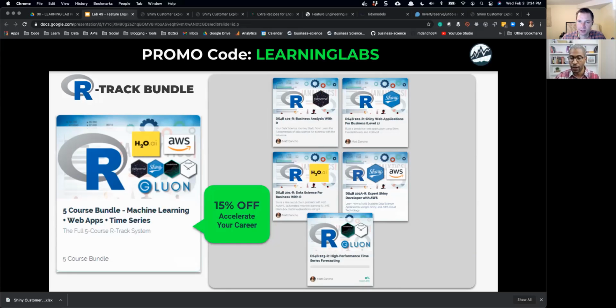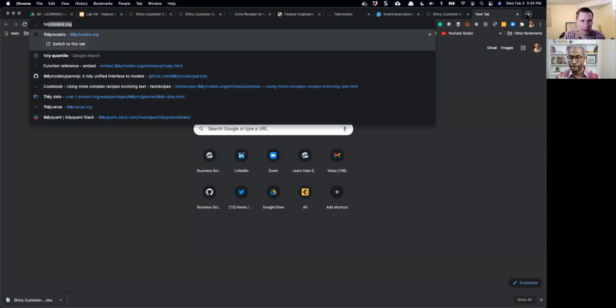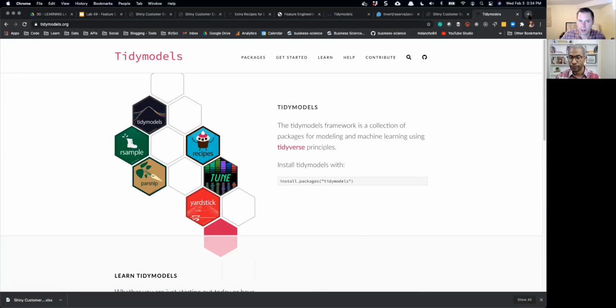I think this is a nice question, a basic question, but a good one. So what's the difference between Tidyverse and Tidymodels? So Tidymodels is, I guess, well, how I would classify it is a Tidyverse. Like if you go to tidyverse.org, and then there's tidymodels.org. So here's tidymodels.org, and then